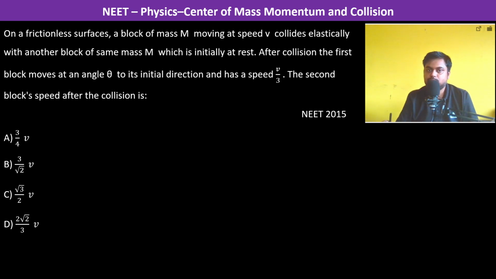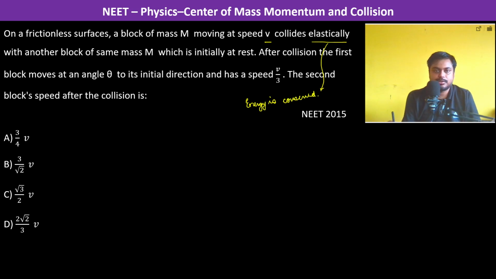On a frictionless surface, a block of mass m is moving at speed v, which collides elastically. So in an elastic collision, energy is conserved. Therefore, half m v square plus, initially the other body is at rest, so 0,